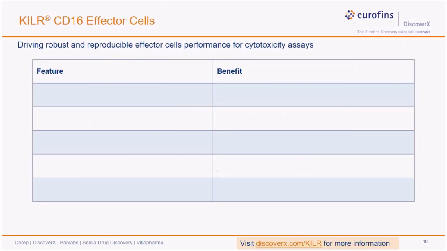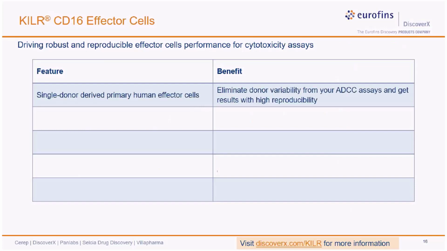So to conclude, our killer CD16 effector cells are capable of driving robust and reproducible effector cell performance, not only for ADCC, but also for T-cell redirection applications. Let's review some of the key features we learned today about killer CD16 effector cells. Firstly, these are single donor derived primary human effector cells. So the benefit in using these is obviously eliminating any donor to donor variability